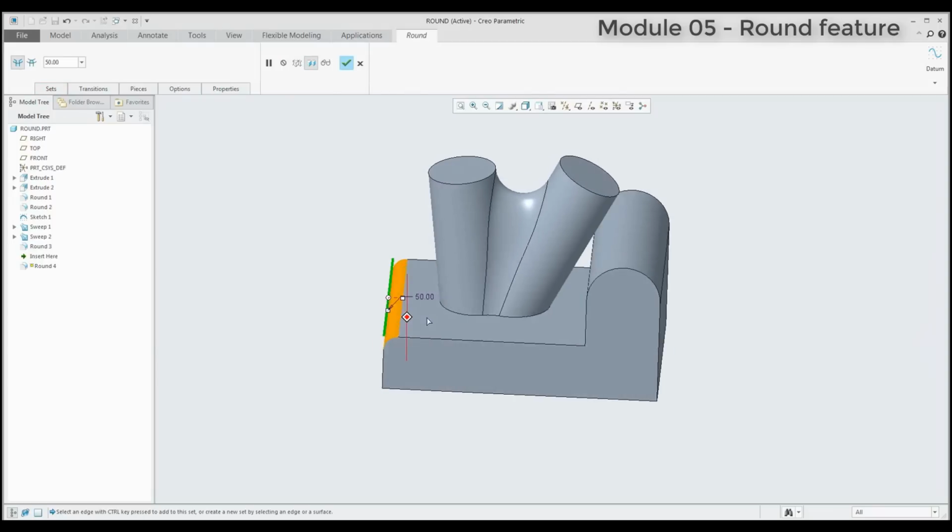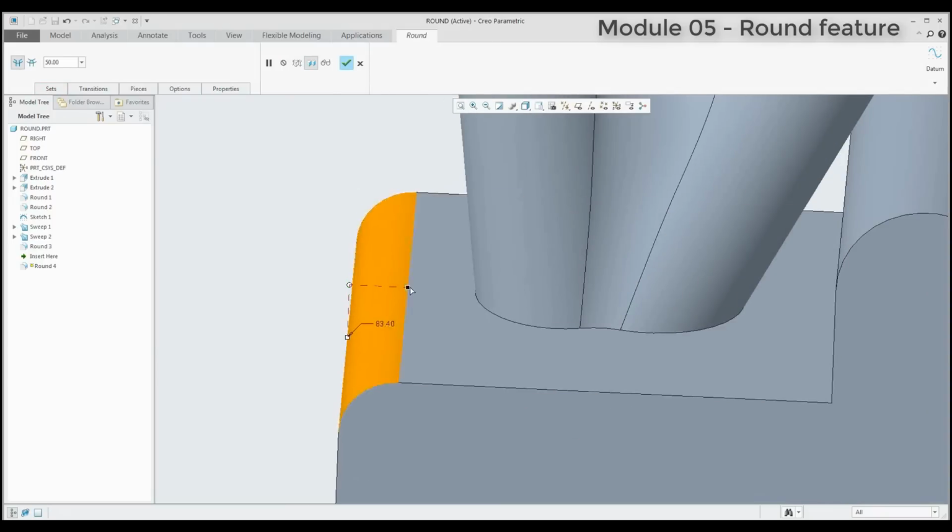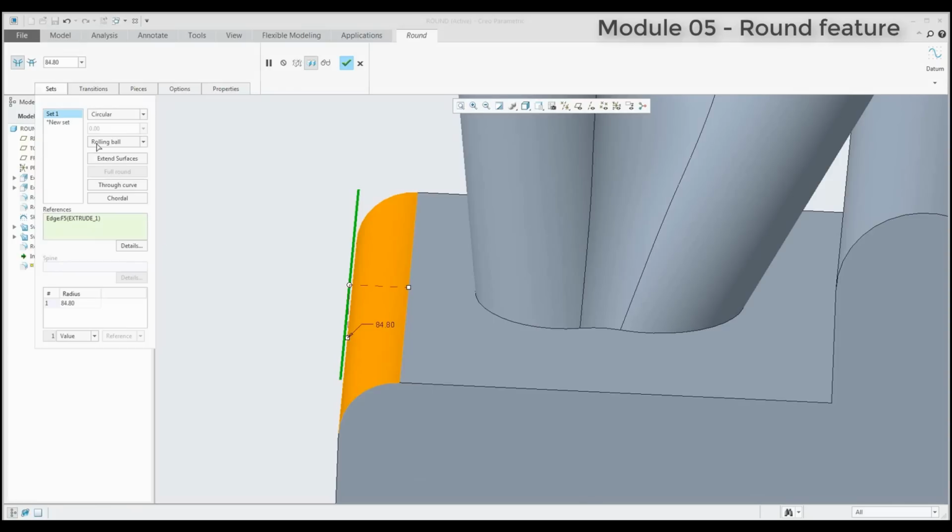And you can specify the dimensions, and the system will create the round feature for you. Again, maybe some example, what does it mean and how it works. Over here you can see that it's rolling ball. It means the system will create the round feature, how you will roll the ball on the radius 80,